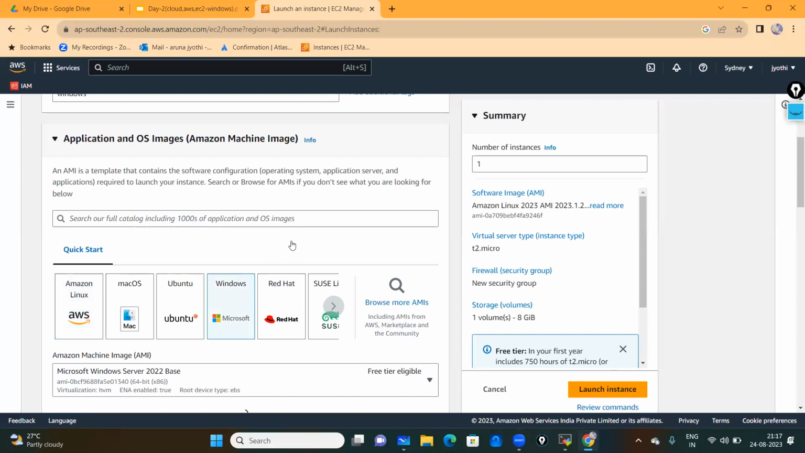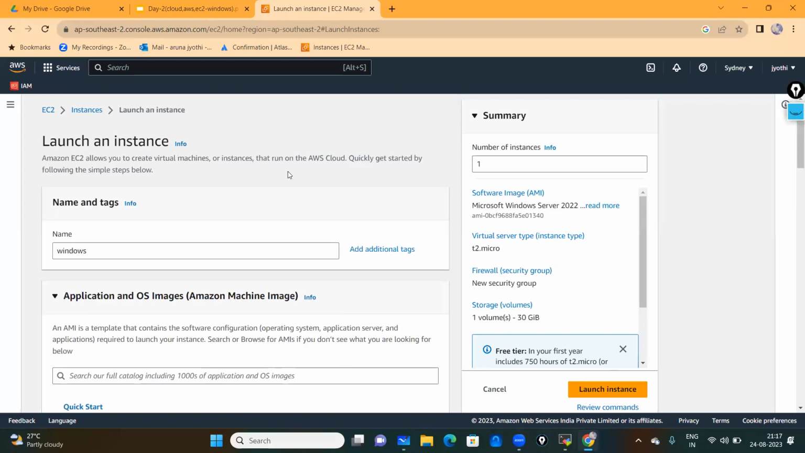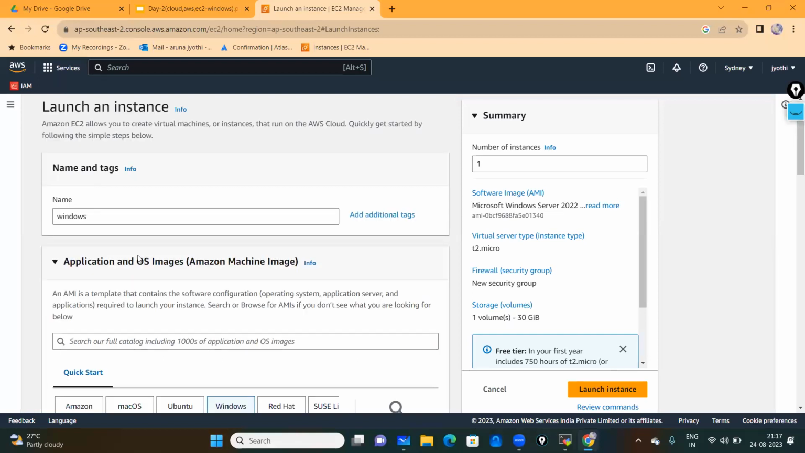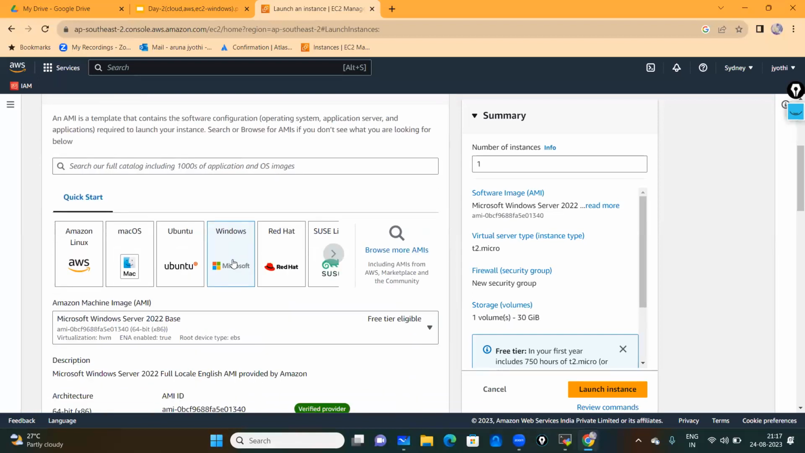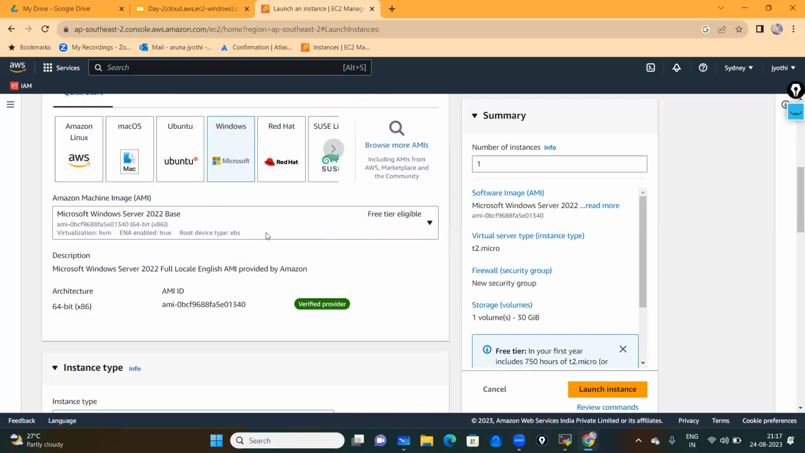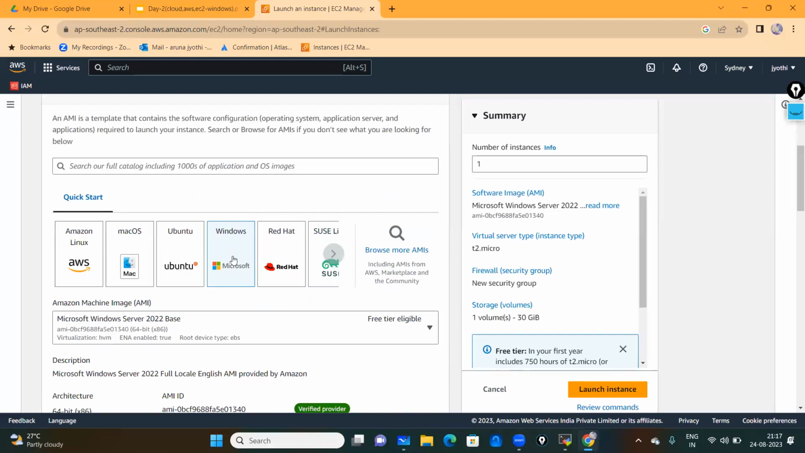What we did right now, we have given a name here, and then we have chosen the AMI. That means the OS. I need a Windows instance, that's why I have selected the Windows AMI. And then you just click here. This is an instance, I mean,